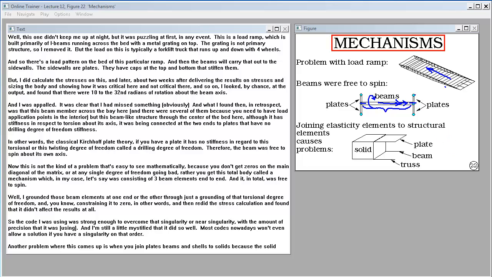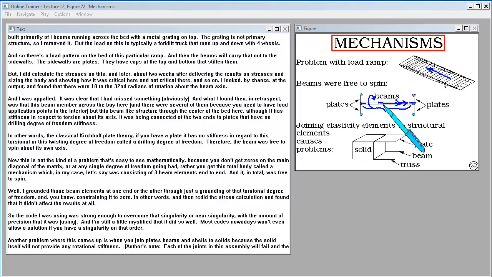Now, this is not the kind of problem that's easy to see mathematically, because you don't get zeros on the main diagonal of the matrix or at any single degree of freedom going bad. Rather, you get this total body called a mechanism, which in my case, let's say, consisted of 3 beam elements end to end. And in total it was free to spin. Well, I grounded those